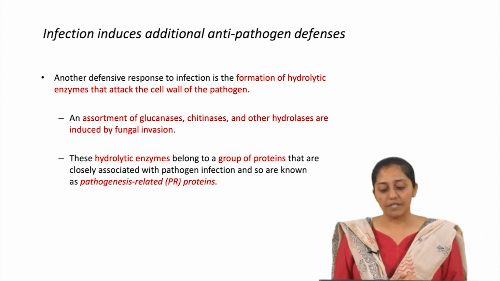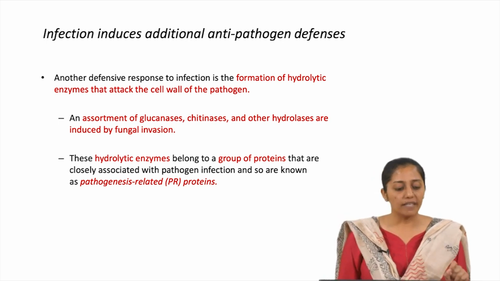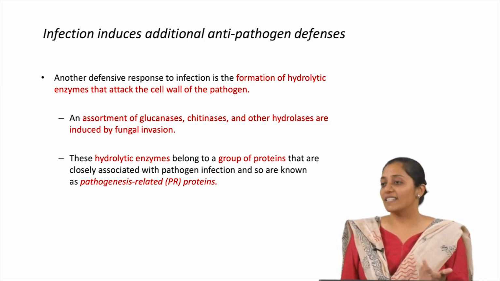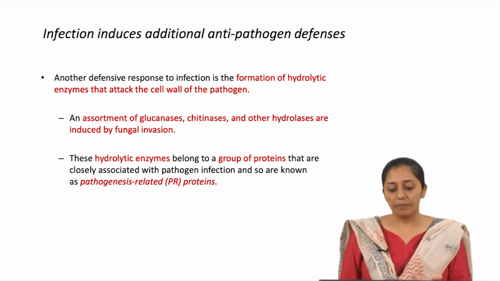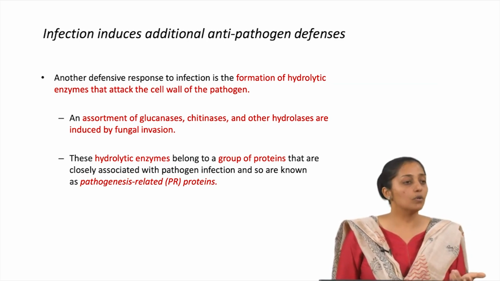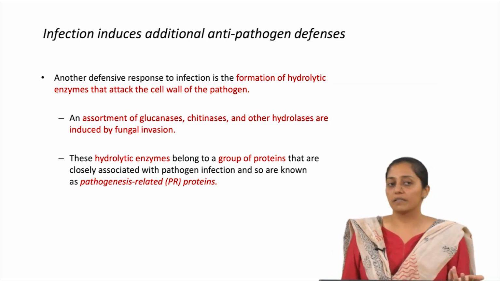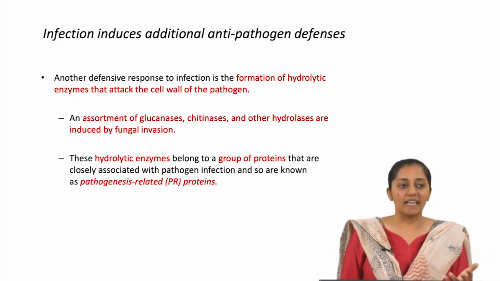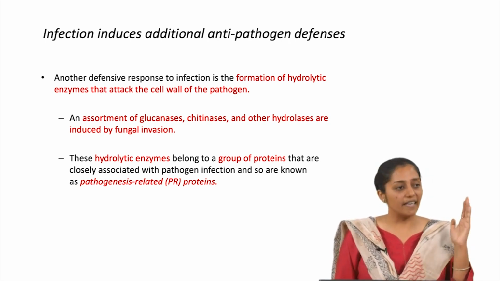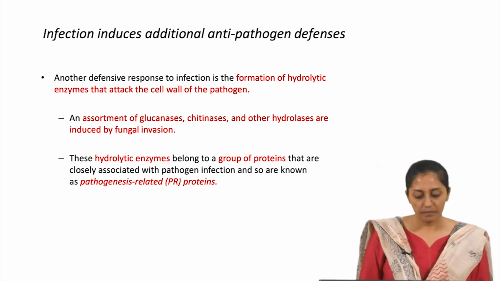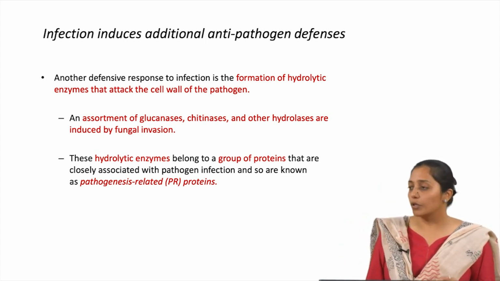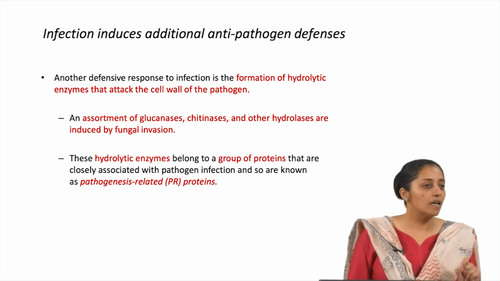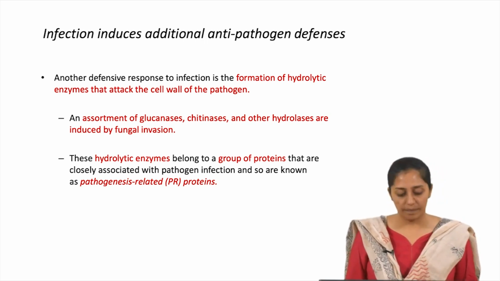Now, another defensive response is the formation of hydrolytic enzymes that attack the cell wall of the pathogen itself, for example chitinase in the case of fungal cell walls, or hydrolases, glucanases, and proteases. So, there can be different types of lytic enzymes which are produced which can directly harm the pathogen. These hydrolytic enzymes belong to a group of proteins that are closely associated with the pathogen, and they are called pathogenesis-related proteins,